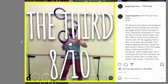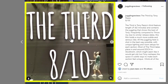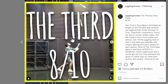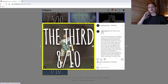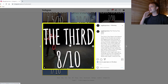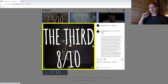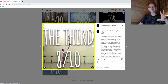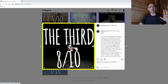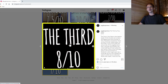Next we have the third. The third is 8 out of 10. In my own opinion, I probably would have put the third a little bit closer to Throwjoy. They're very similar in terms of content and stylization. But the one thing that the third just kind of misses a little bit that Throwjoy has, which is the icing on the cake, is that whole...